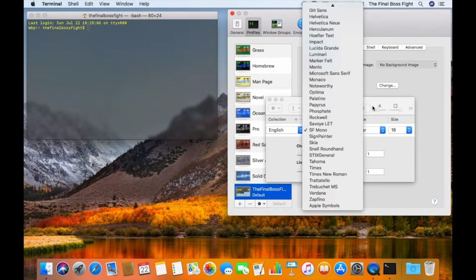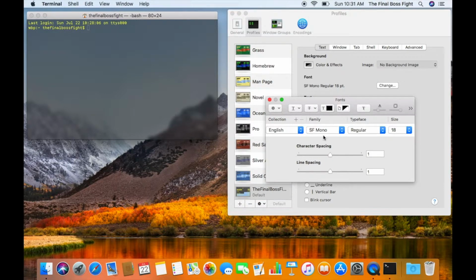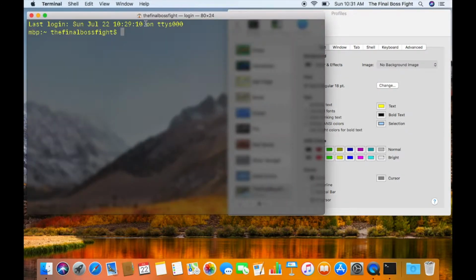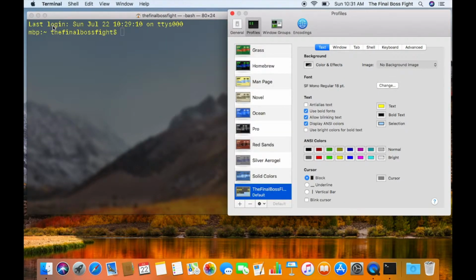There's SF mono. So let's choose that, and there you go. So now if you can see, these edges are a little jagged, right? So that's what anti-aliasing does. If you can see, it just smooths out the whole thing in a nice way. You definitely use bold fonts,